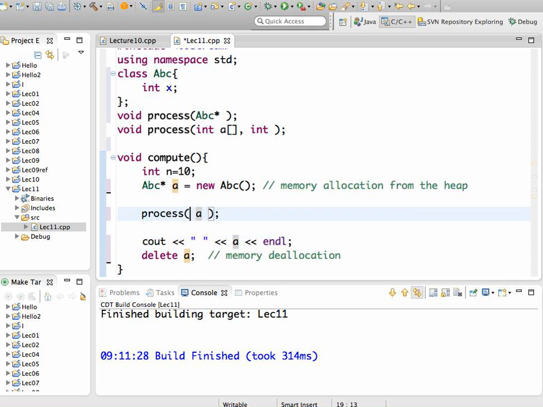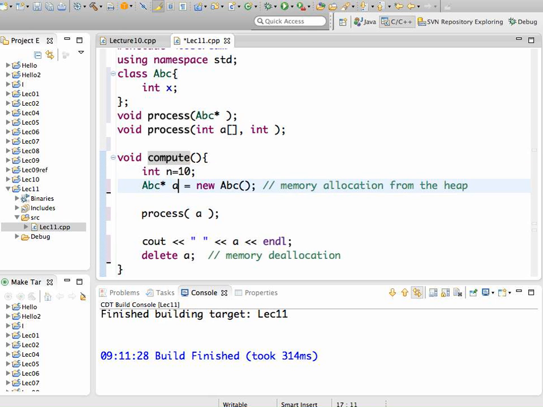So this, although you probably don't need to use objects like this, this is how you would use objects with pointers and use the new function. So this way you allocate memory. If you want, now the thing that a points to will be around well after you exit from this compute